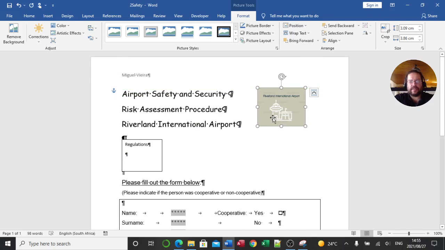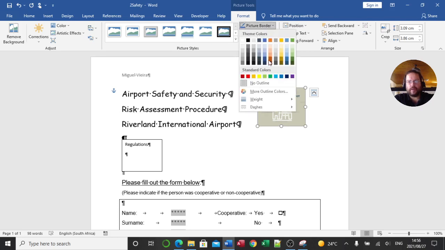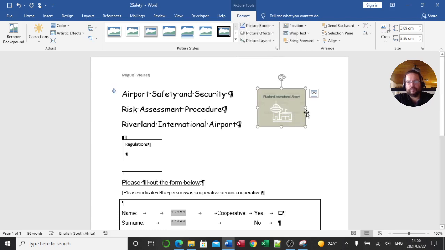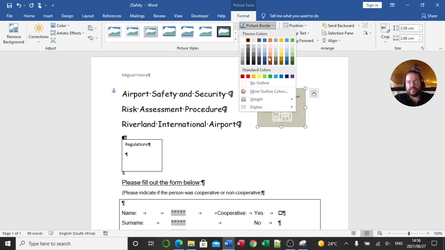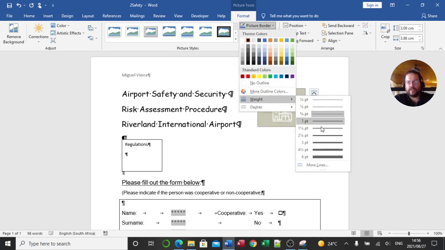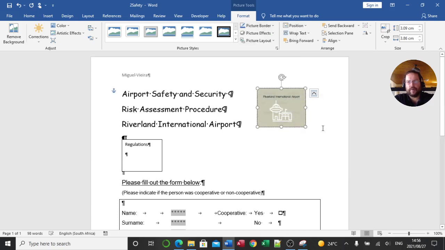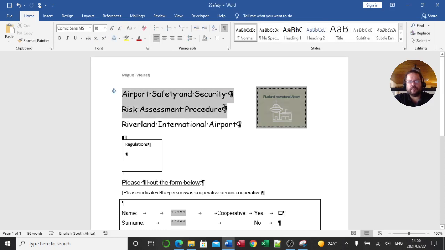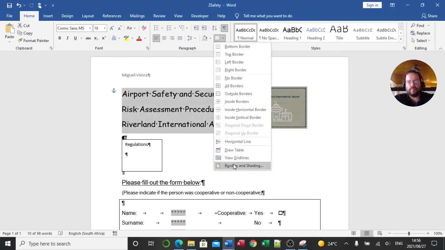Alright, so far that is starting to look like the example. Now what we're going to do is go to picture border, and we're going to go to the dashed line, and let me just increase the size, the weight a little bit. Let's put it here. Alright, so that looks a little similar. What we're going to do now is select all these paragraphs. I'm then going to go here to borders and shading,